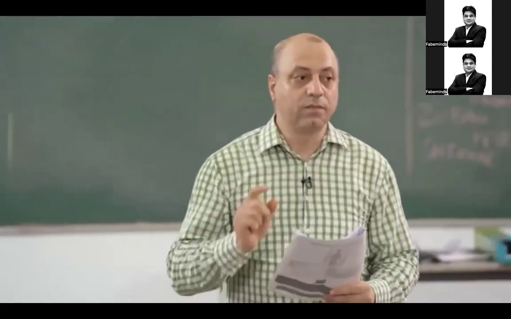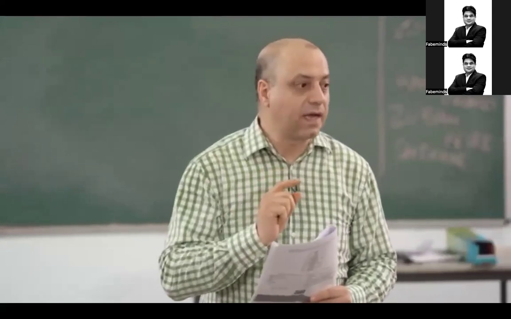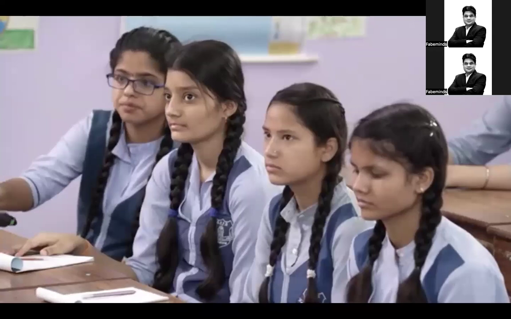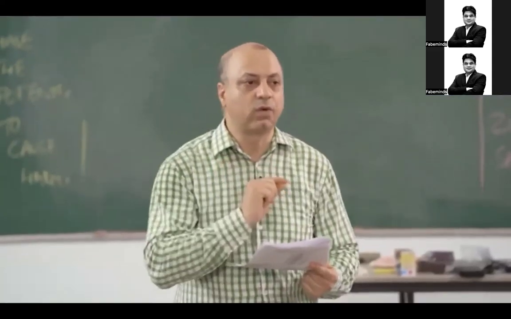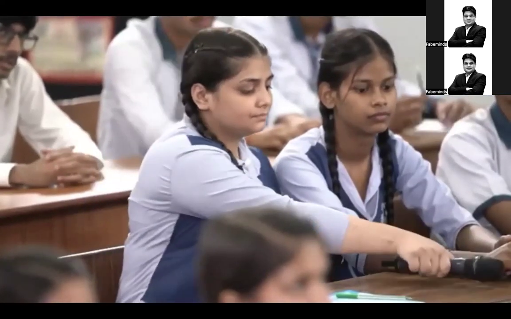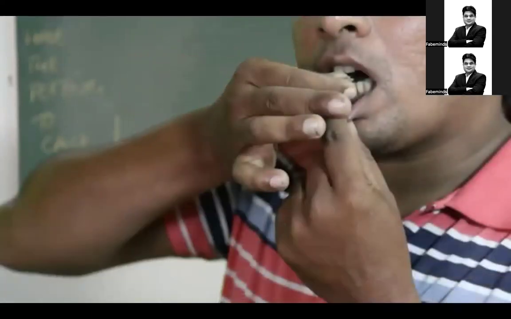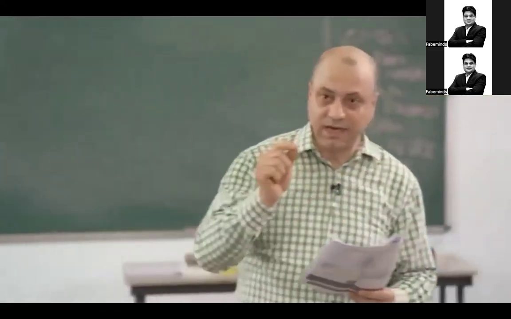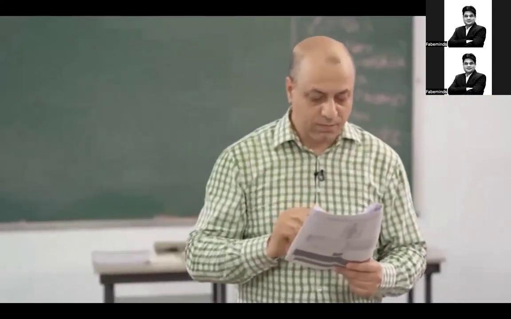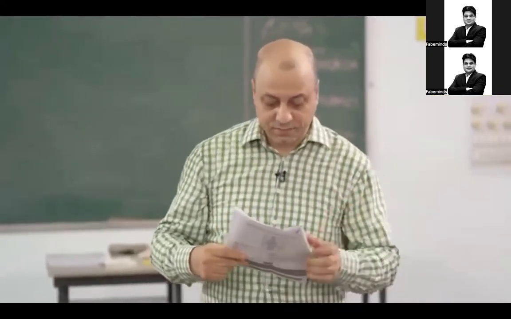Tobacco is which category of psychoactive drug? Sir, stimulants. It's a stimulant. It speeds up the messages between our brain and the body. The most common way of having tobacco is through the mouth. We chew it, have it orally, or smoke it. A cigarette is smoked, even a bidi is smoked, or it can be sniffed.